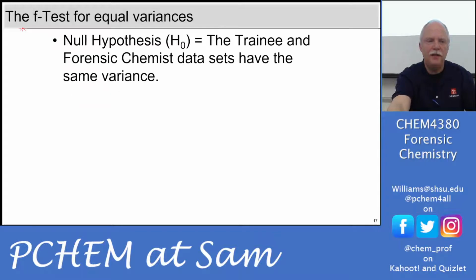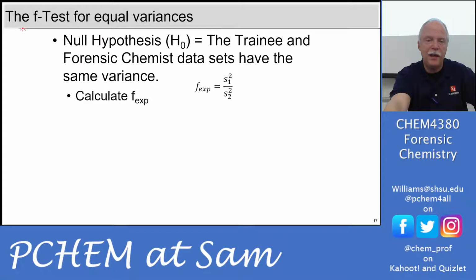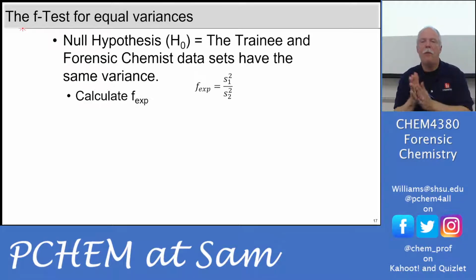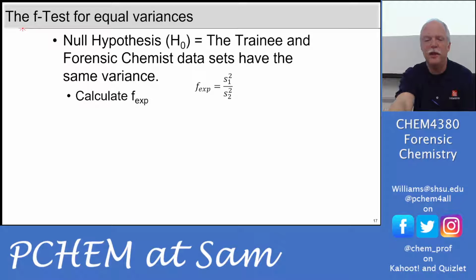So now we'll do the F test for equal variances. Our null hypothesis is that they have the same standard deviation. We can look at it visually and know that they don't. So we calculate F experimental. This is the easiest experimental value to calculate. It's just the ratio of the variances. So we get the standard deviation for the forensic chemist and the standard deviation for the trainee,